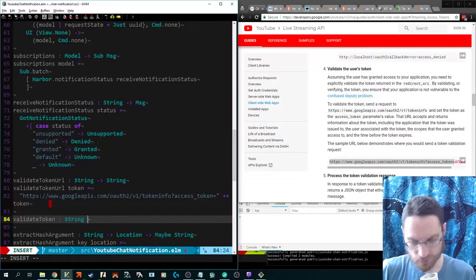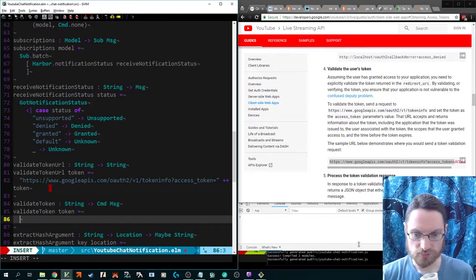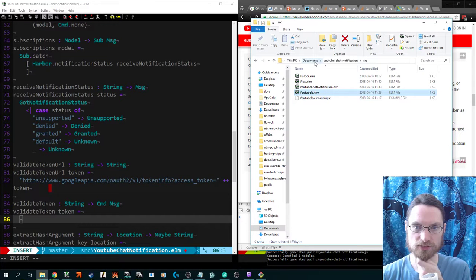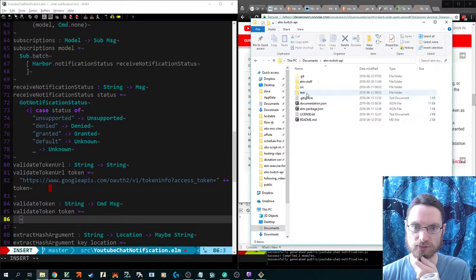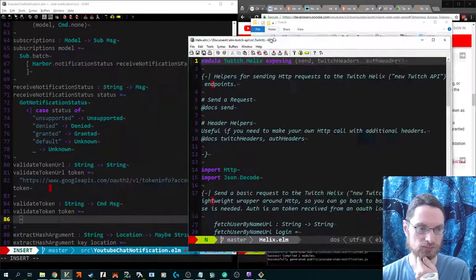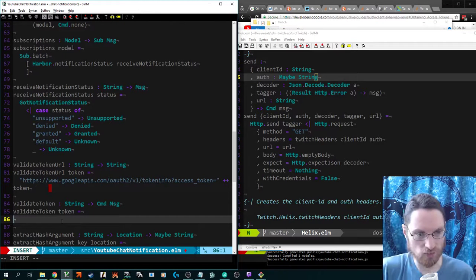is a string to command message. Token equals. So this stuff has actually been, or a lot of this stuff has been extracted into the Twitch API where we are doing our Helix call. So this one and the other calls, we might actually want to do something like this after a few runs at it. Send. This is an abstracted method, so we do need the parameter. We need the